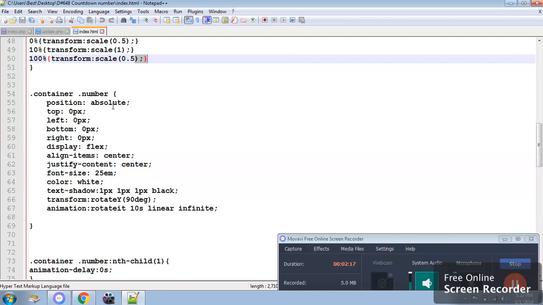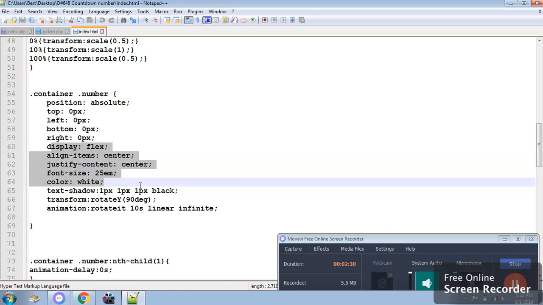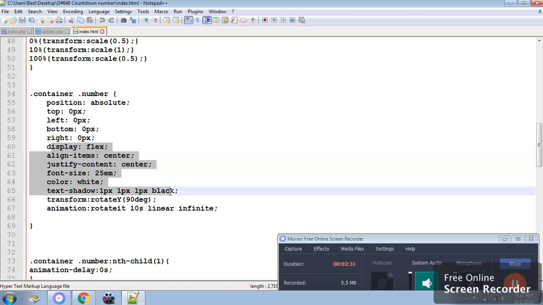Now we come to the number which is inside the class container. We have specified it position absolute and displayed it center so that it perfectly fits in the center of the container, and I have mentioned the font 25 so that it looks bigger, and to highlight the text I have used text shadow, and now